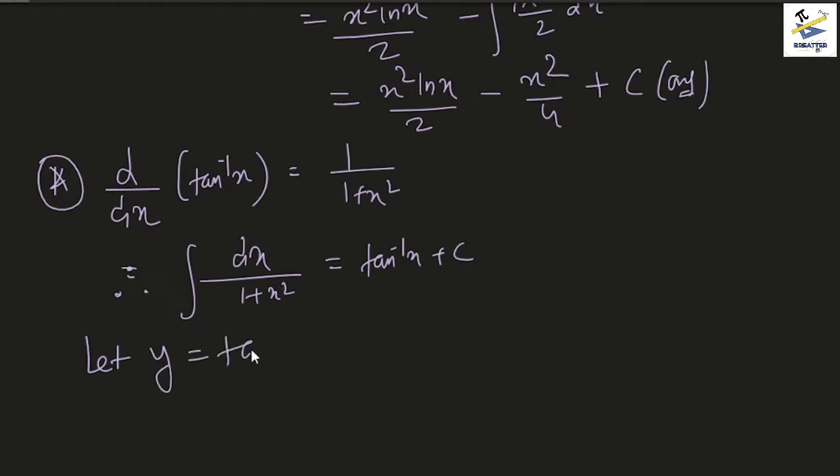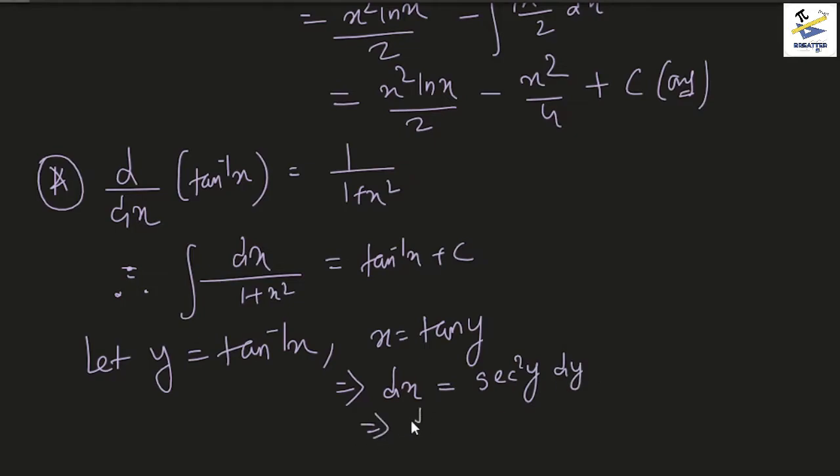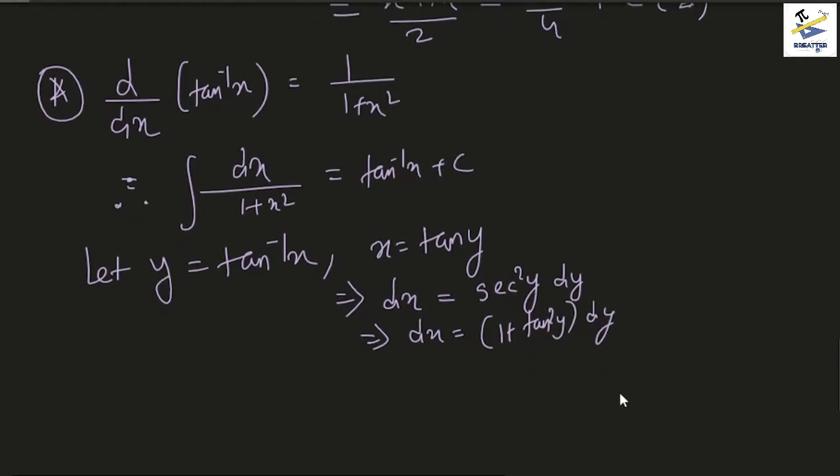Let y equal tan inverse of x, then x should be equal to tan of y, right? And what we are trying to find is dy by dx, so let us see how to find that. The derivative of tan y is sec square y, if you remember it from the derivative section. So differentiating both sides, we get dx equals sec square y dy, and sec square y is just 1 plus tan square y dy,